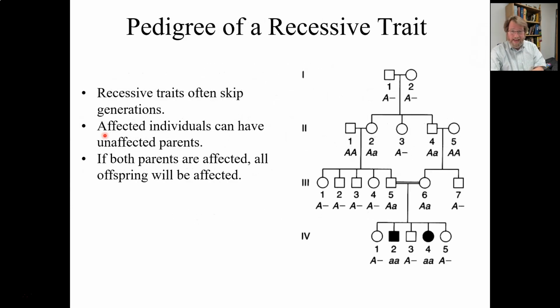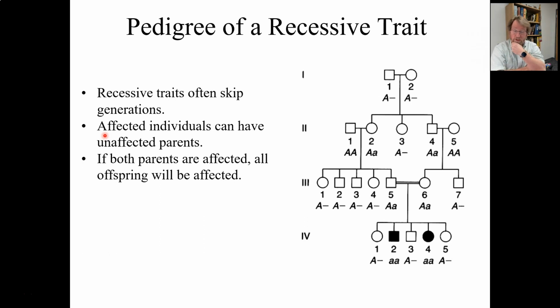And now when we look at a recessive trait, this is a situation where these do skip generations or appear to pop up out of the blue, which if you look here down to generation 4, there was no sign of this ever happening in this family, and then it popped up there, persons 2 and 4 in generation 4. Okay, and this is a case where I'm going to start off, and I'm going to say,